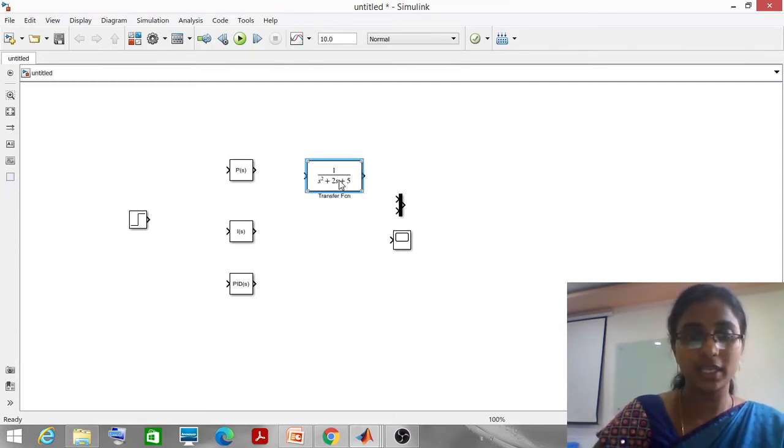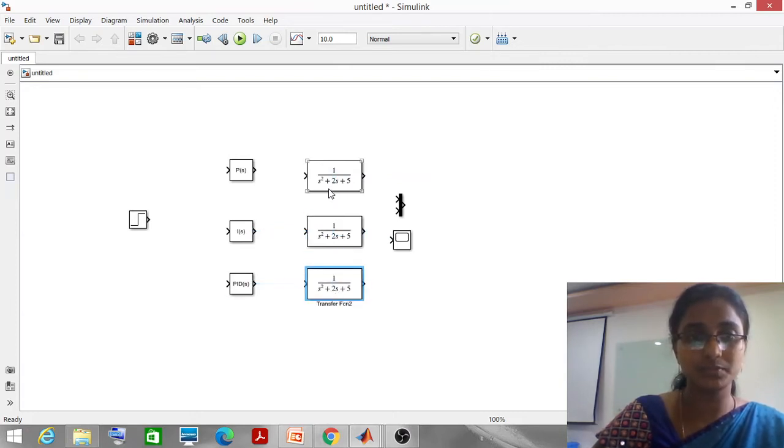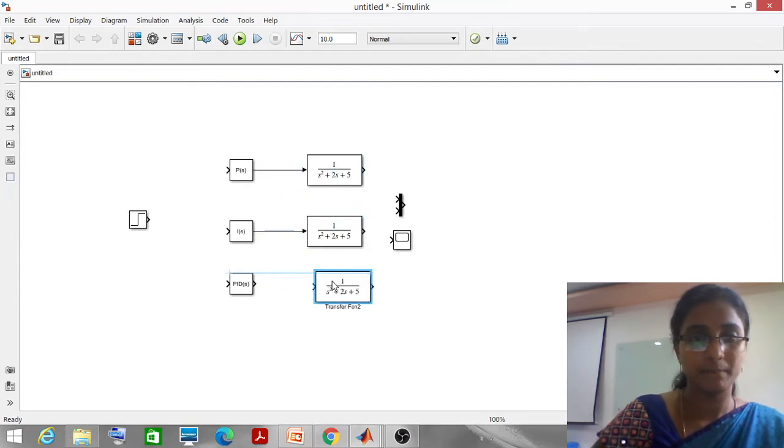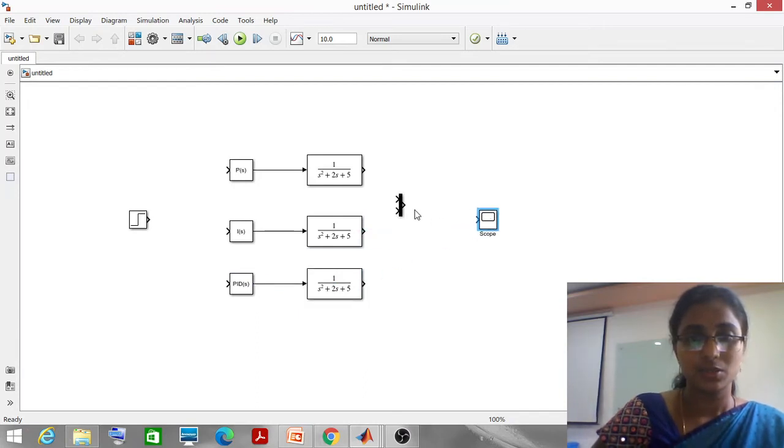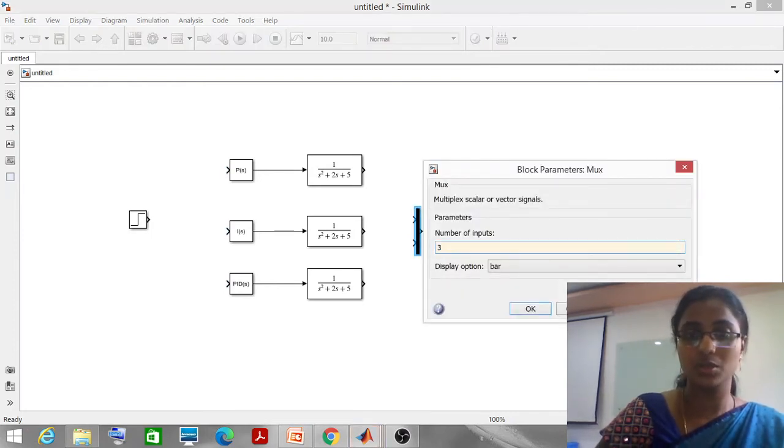Here also we require three transfer functions, so select and drag down. We have three transfer functions, therefore for this mux we require three inputs, so click on the mux and give three inputs.